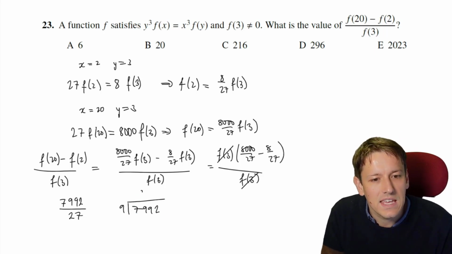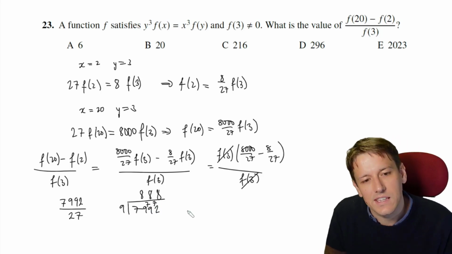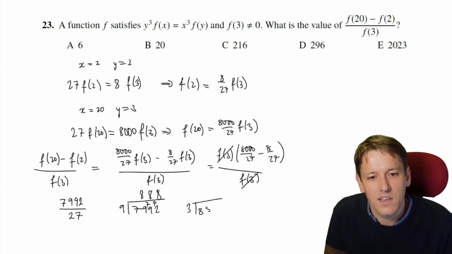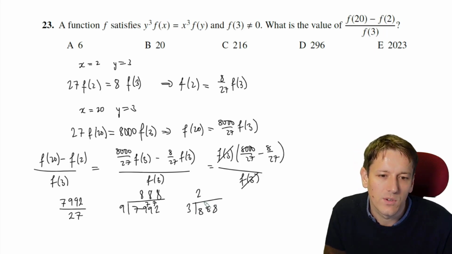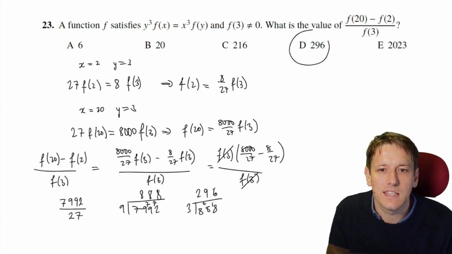So 9 times 8 is 72. We've got 7 left over. 9 times 8 is 72 again with 7 left over, and then 9 times 8 is 72. So I've got 888, and then I just need to divide that by 3. So I've got 2 with 2 left over, and then I've got 9 with 1 left over, and that gives me 296. And so the answer must be D,